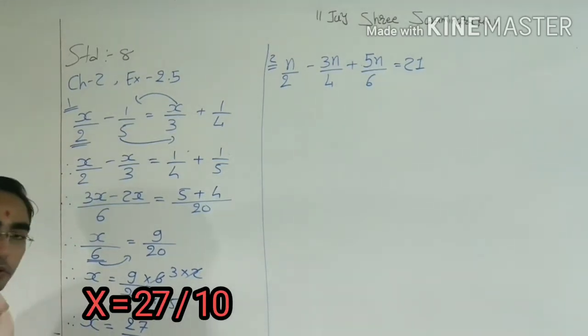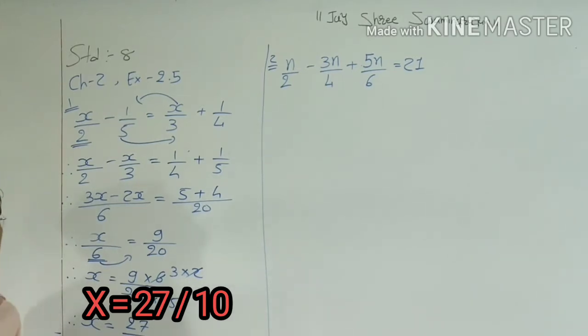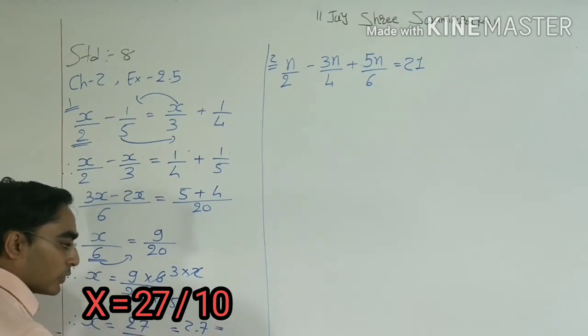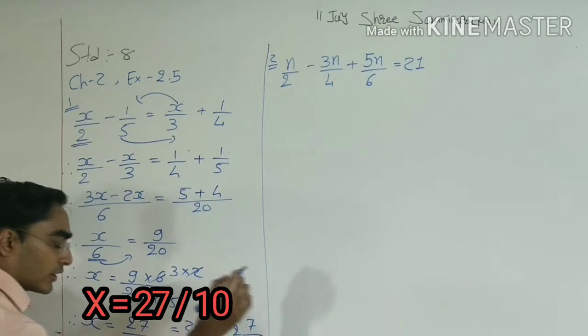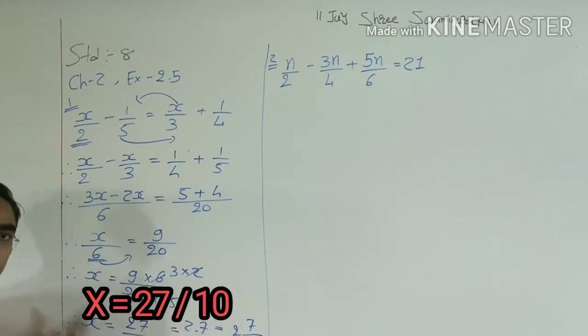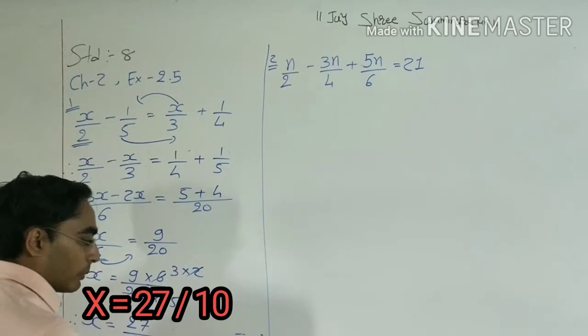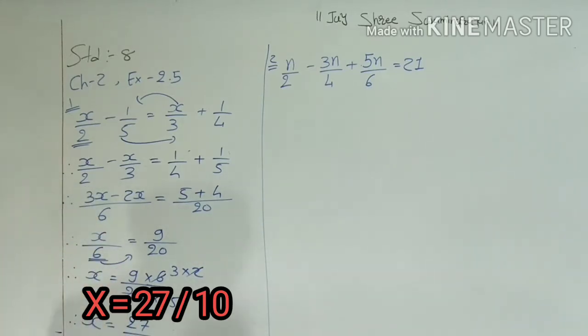You can also convert it into a mixed fraction, or you can write it as a decimal number, or you can put it as it is. Otherwise, you can write 2.7, because here 10 is there, so 1 point we need to put here. Or if we convert it into a mixed fraction, then we can write like this. All these three answers are correct. This is our final answer. If you write only 27 by 10, then even that is correct.